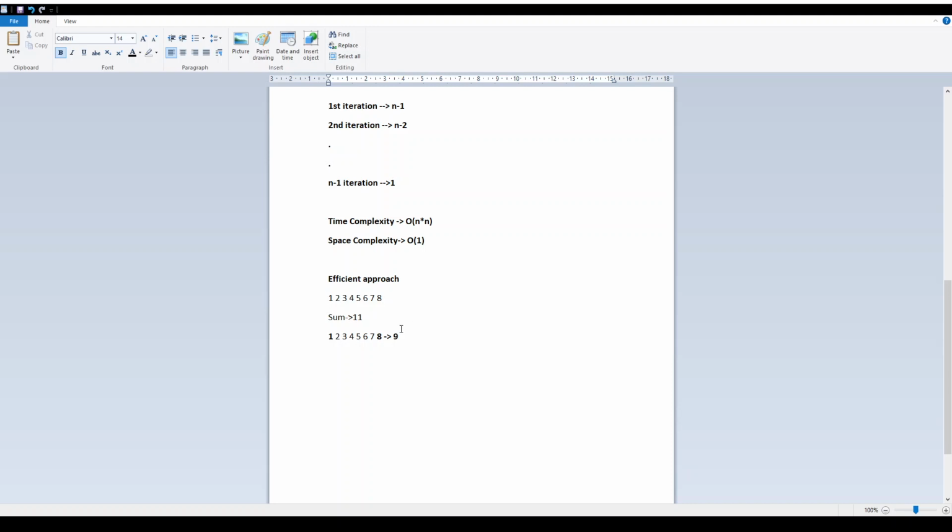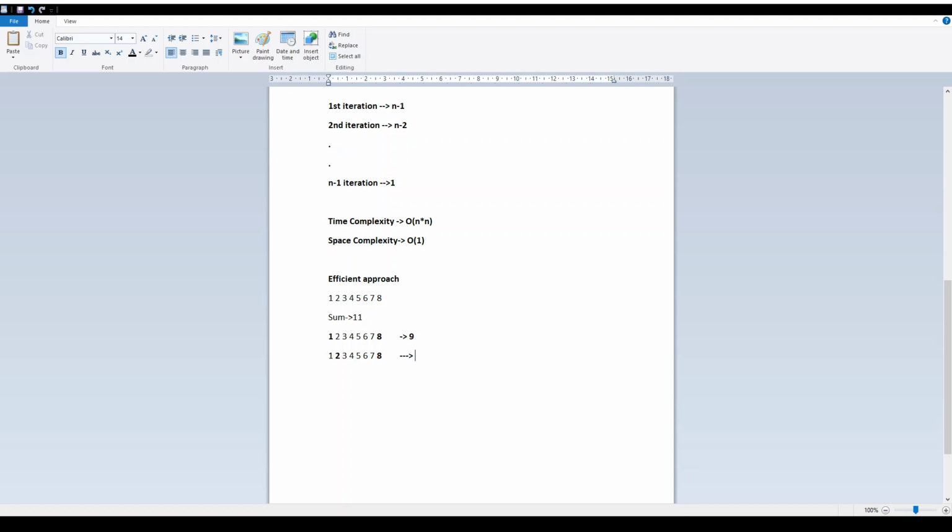So we have to move closer to this sum. Let's move the lower pointer, not the high pointer, only the lower pointer.